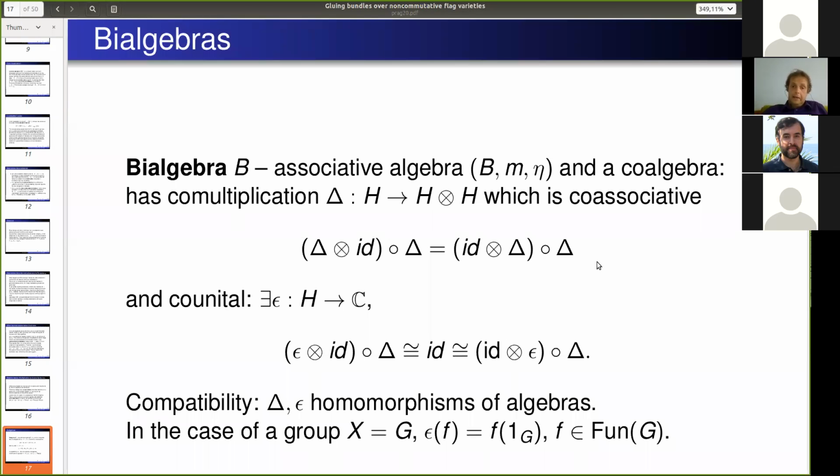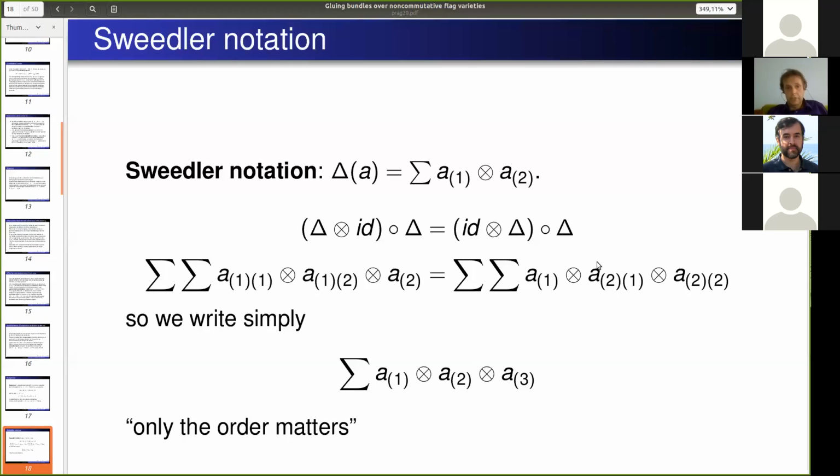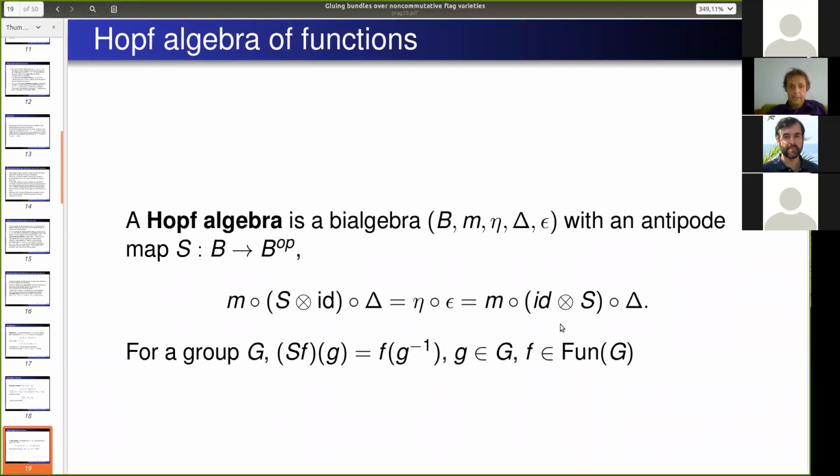Examples of when you have both operations are called bialgebras, and when you have a kind of dual of inverses, it is called a Hopf algebra. I just put here the usual notation, and Sweedler notation is a way to do it. I hope that most of you have seen Hopf algebras. I just remind in this context. So this S will be the notation for the co-inverse, for the dual of the inverse, and delta for